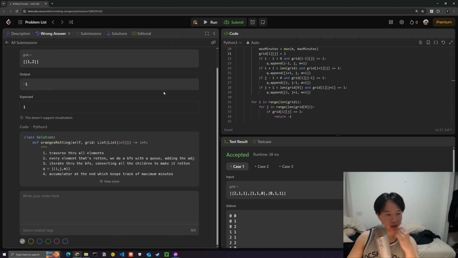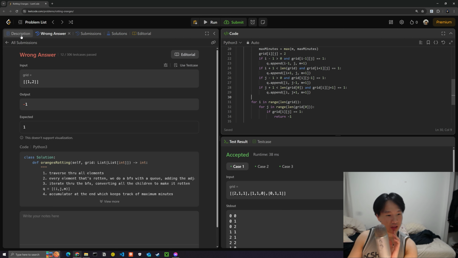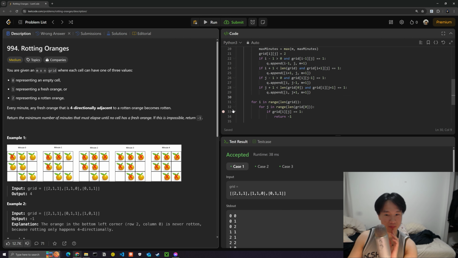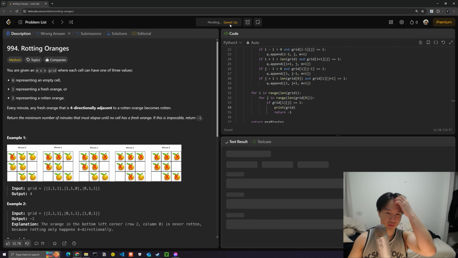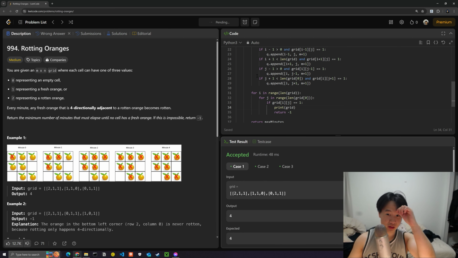Okay, 12. So we expect -1 where it's supposed to be expected 1. So we encountered a fresh orange. Okay, let's actually print out what the grid looks like while we do this. So we'll print out grid, and then we'll print out grid and then return -1, because I just want to see what the grid looks like while we're doing this. Or we'll run this again, and then